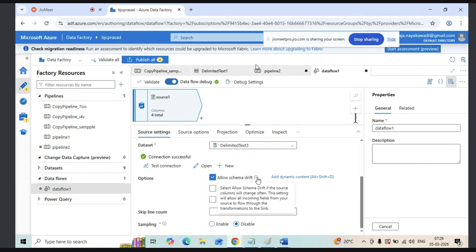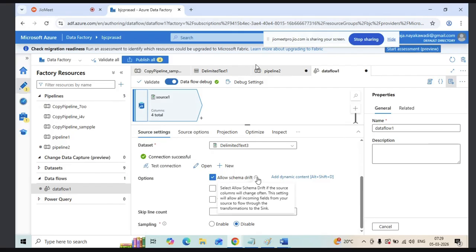Normally now I have shared a file with 10 columns, and if I'm going to add two more columns, what will happen in the normal scenarios? If I don't enable this, it will fail because those additional two columns you're not going to add. So for that, we will allow